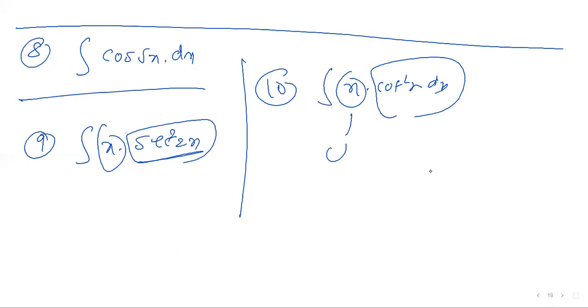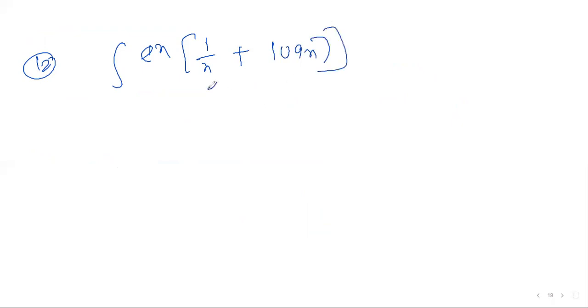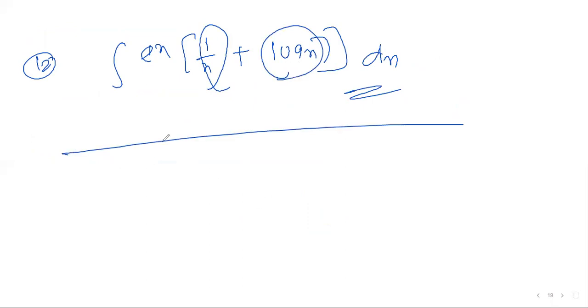The formula is e power x into f of x plus f dash of x. So the 11th one also is very simple for you. You can continue with the 11th one as well. Okay. The 12th one also you can take out. Similarly, the 12th one, I'll rewrite the question: integration of e power x into log x plus 1 by x. Next, you can take log x as f of x, and f dash of x you can confirm and do it out. Okay. Yes, sir. Till this, we can stop today and tomorrow we'll continue the rest of the session, the continuation of this.